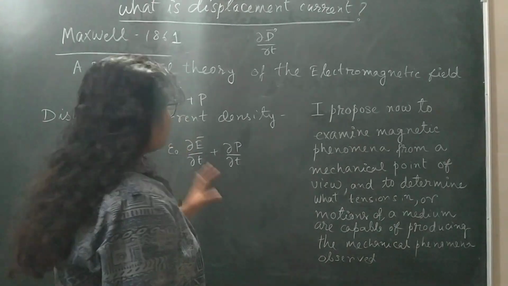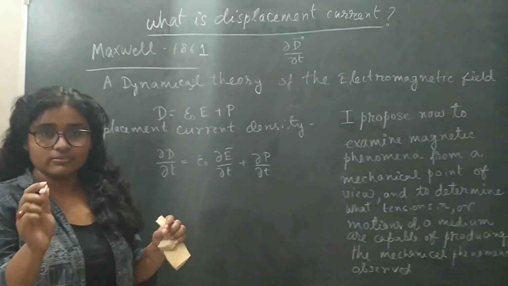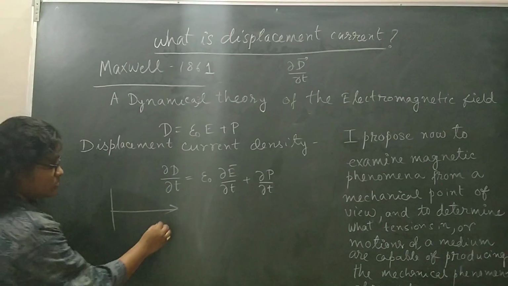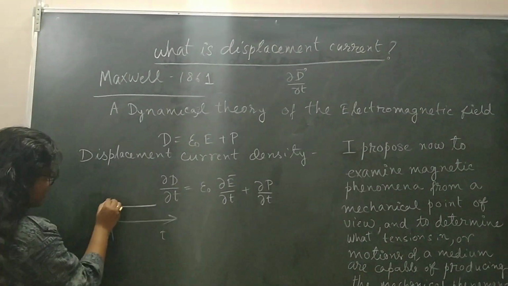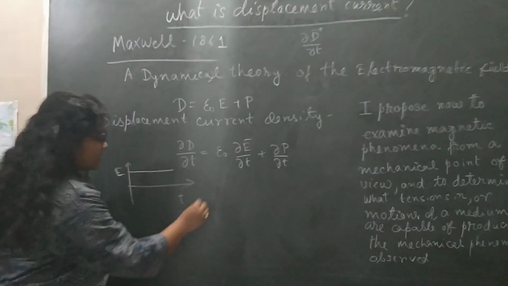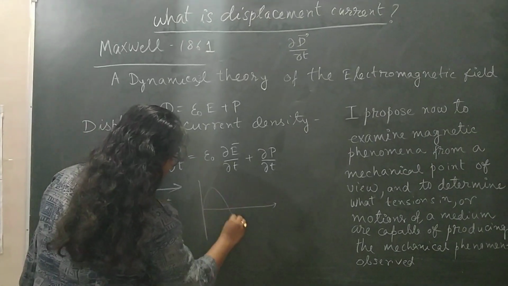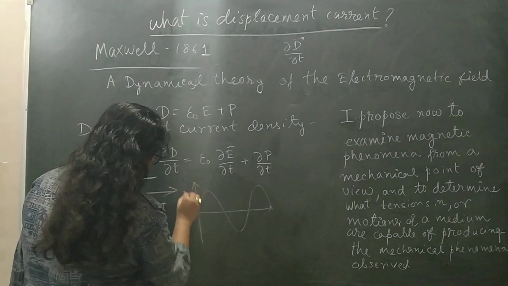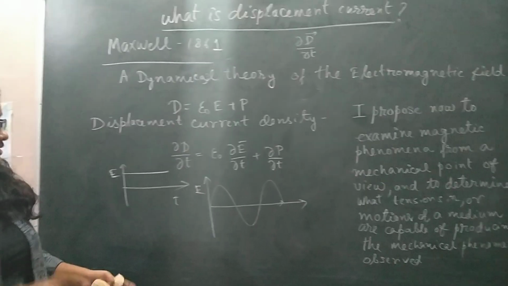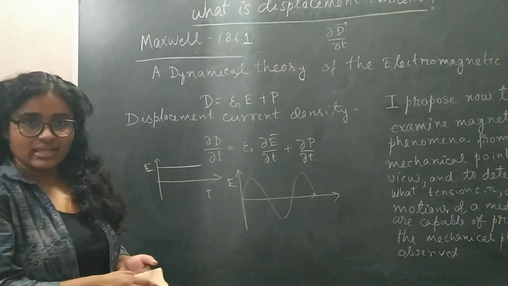So I will introduce what we mean by an electric field, and how you represent an electric field which is dynamic. A static electric field you always represent this way, as constant over time. So this is the electric field in the static case. But in the case of a dynamic field like AC current, you will represent your electric field this way. Have you ever thought about why we represent the dynamic electric field as an oscillatory sine wave or cosine wave? How can you understand that physically?